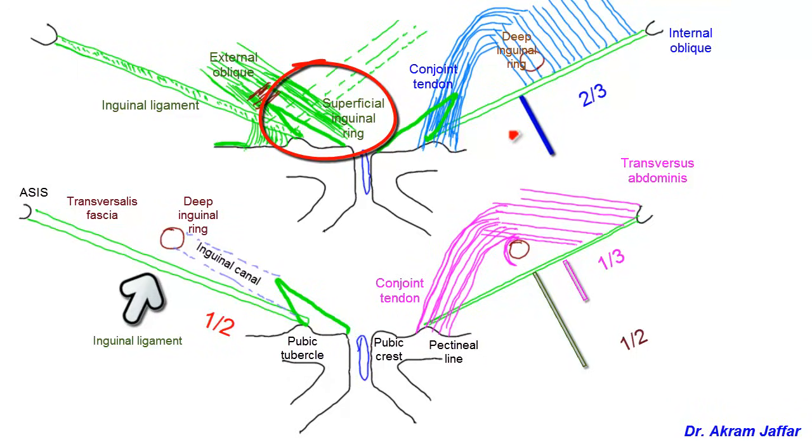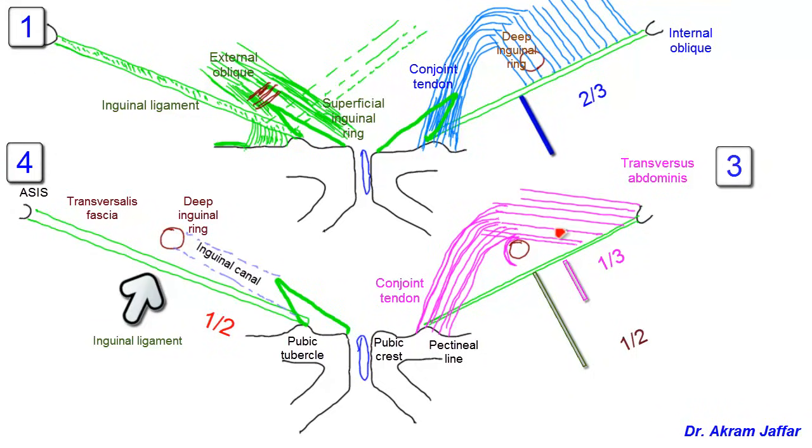Now by using these diagrams we can list the boundaries of the inguinal canal. Just to remind you, this is the most superficial diagram showing the superficial inguinal ring and the aponeurosis of external oblique, and this is the deepest level of the diagram, which shows the transversalis fascia and the deep inguinal ring, and then this deepest layer is covered by another layer of the transversus abdominis muscle, and then another layer of the internal oblique muscle, and returning back to the most superficial layer, which is formed by the external oblique muscle